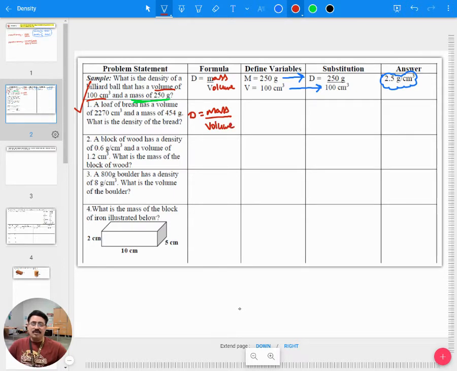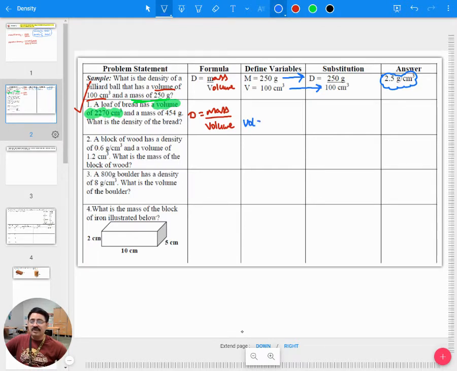The formula is copied. And next, let me read the question. Let me underline the key information. I see that a loaf of bread has a volume of 2270 cubic centimeters, which means volume is given as